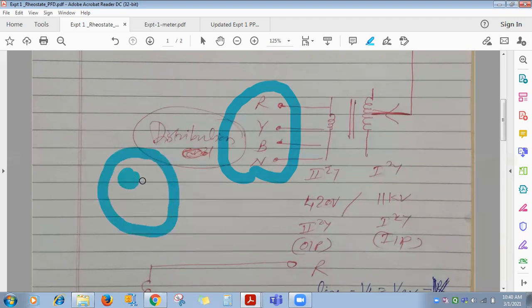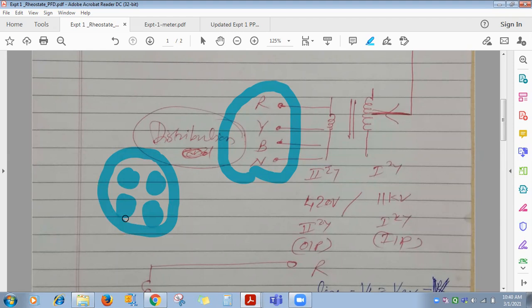See, like this, it is a cut section. Cables in detail we are going to see in the second experiment. So like this, it is a cut section and its front view will look like this. This is called a 4-core cable. One core is of what? R. Second one Y, B, and neutral. Clear to all of you?